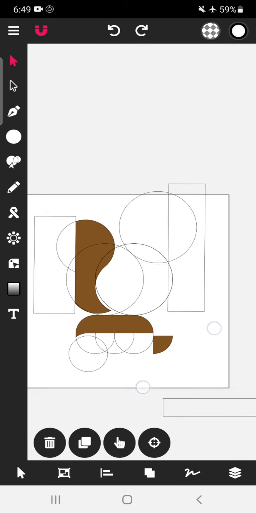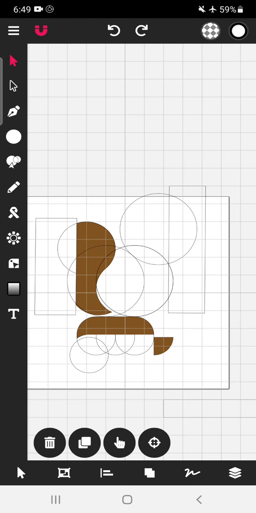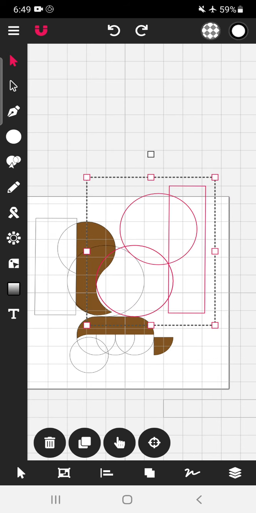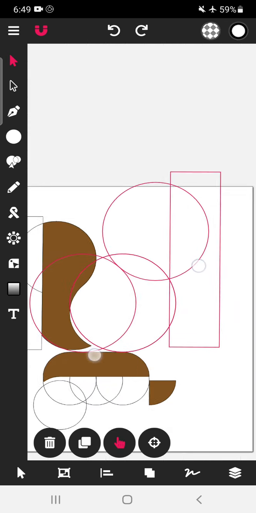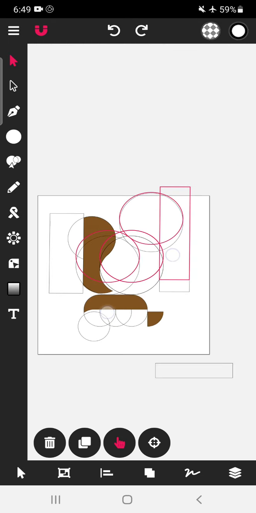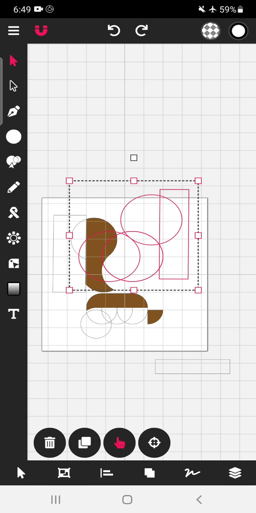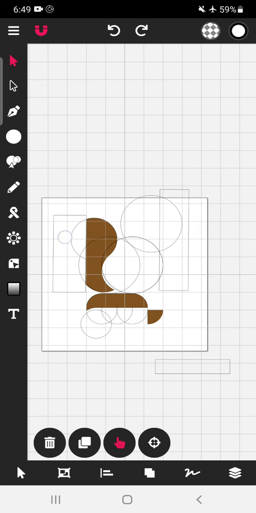Okay. Now let's use the shape builder tool. Select all these shapes. One more shape is not selected. Then select the multiple option and select that shape. So we can see our wing. Oh, it got disturbed.